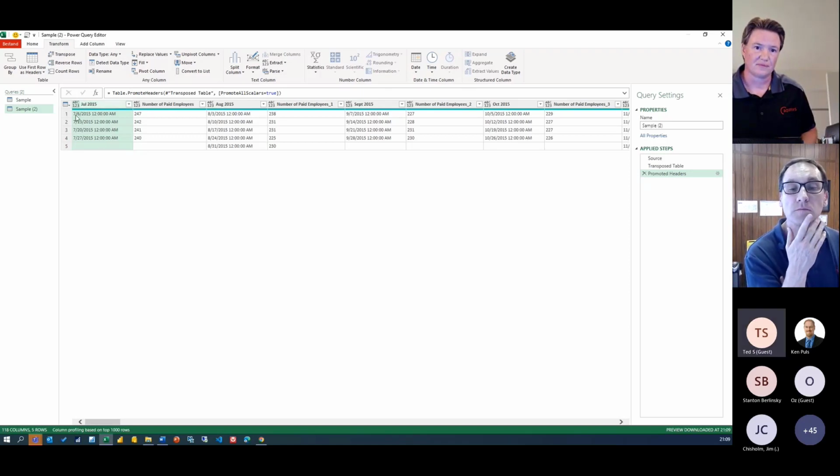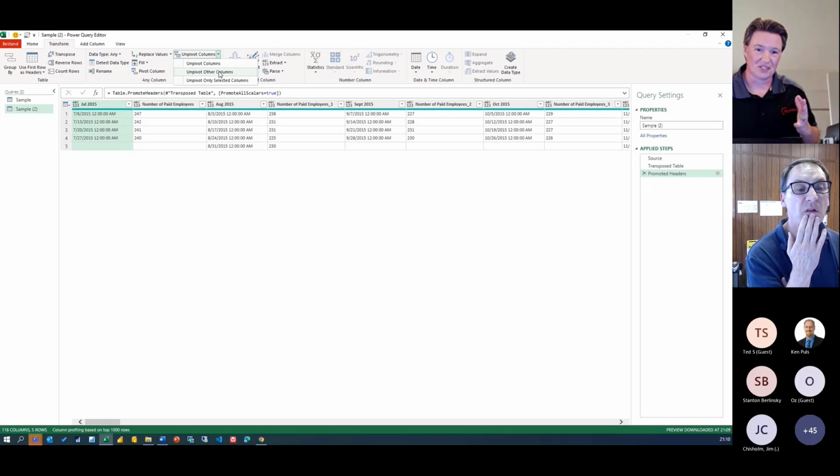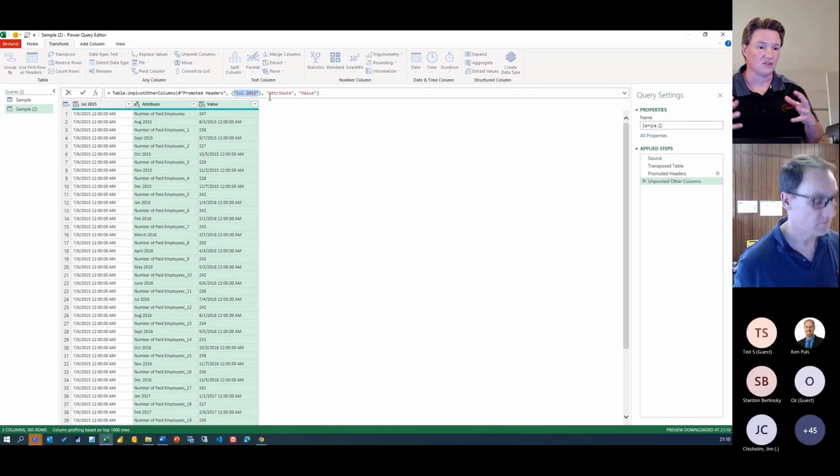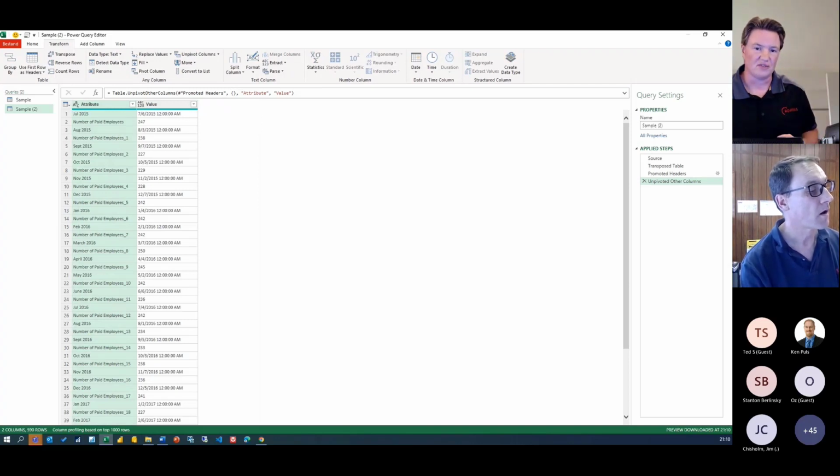So there's always a column selected, I'm afraid, but we'll choose unpivot columns, unpivot other columns. And the thing to note here is that in this second argument, it lists the columns that you're pivoting on. Now I wanted to unpivot all my columns and I had a column selected. So if I remove that column reference from that second list and press that check mark, then I've unpivoted all my columns.